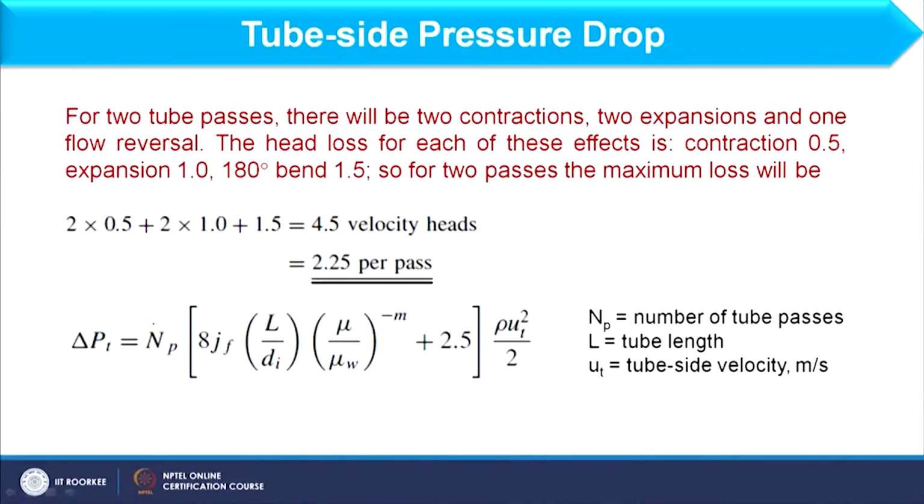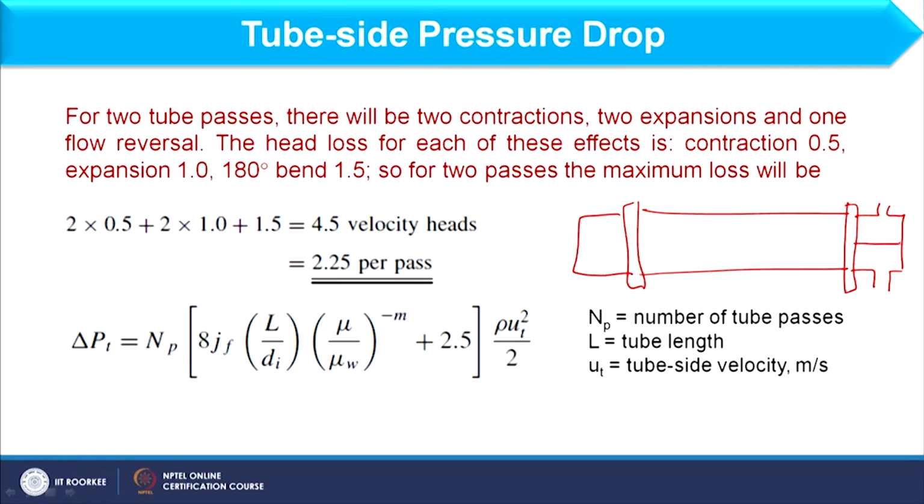Along with that, you have studied sudden contraction and expansion, okay. So, whatever you have studied there, you are applying in calculating pressure drop in the tube side, okay. When you are calculating the pressure drop in the tube side, you have to consider different friction losses occurring in the tube side, okay. For that purpose, if I am considering the tube side, if I am considering passes in the tube side,